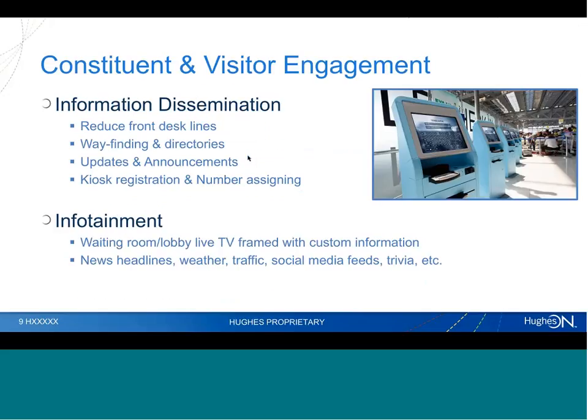So from employee engagement, we're talking now about constituent and visitor engagement. You've got information dissemination. That's the name of the game, right? So you can reduce front desk lines. Where is this office? Who do I need to see for this? These are things that digital signage can help alleviate, long lines at your front desks, and